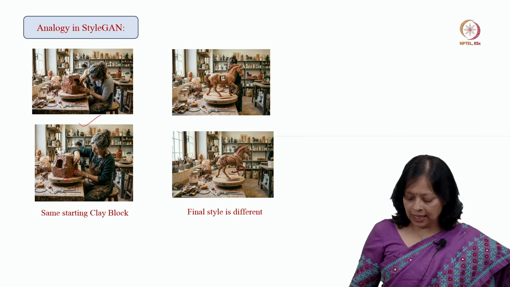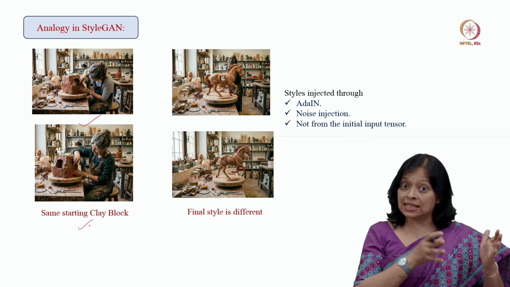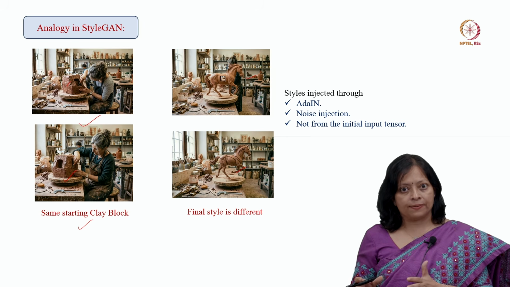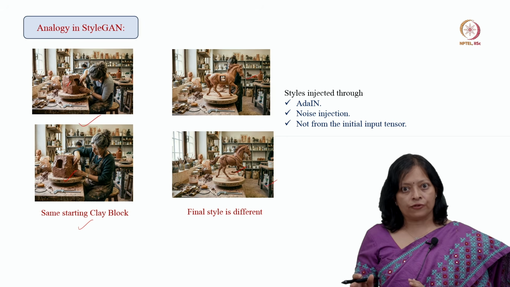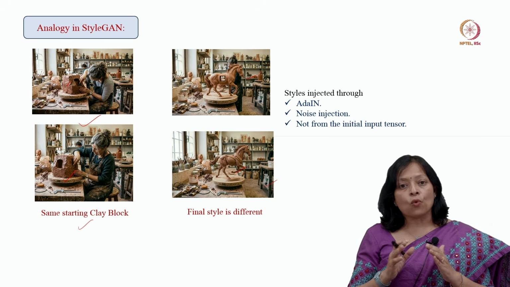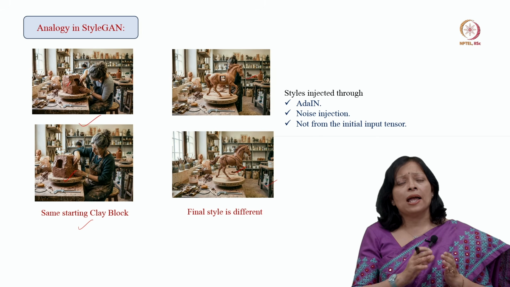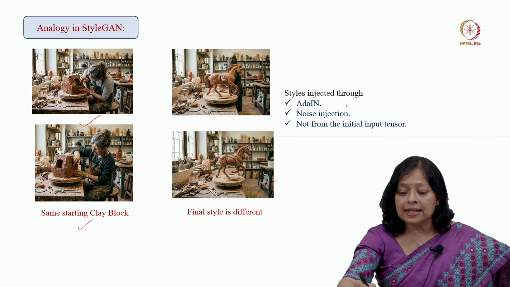We can think of this clay block, the starting point, as the fixed constant or learned tensor. It is fixed, but the final output is different in StyleGAN. So, what is that part of the model which is bringing this difference in style? The style is injected through